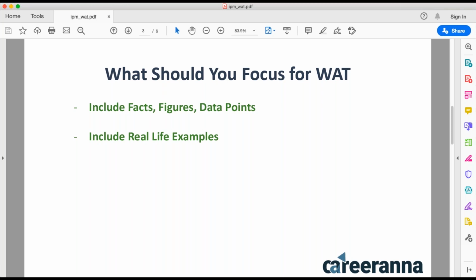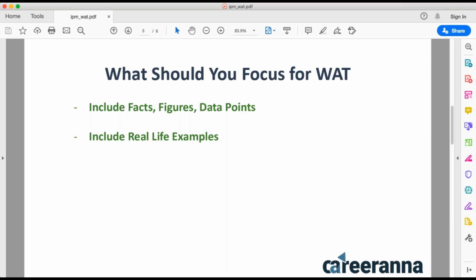Now, what makes my WAT slightly different from my essay writing? No, no, Anmol, you are not supposed to write like this, that good morning, my name is this. No, just straight away write from the topic. You don't need to put up an introduction like this. What makes your WAT different from typical essay writing is that in WAT, in order to get brownie